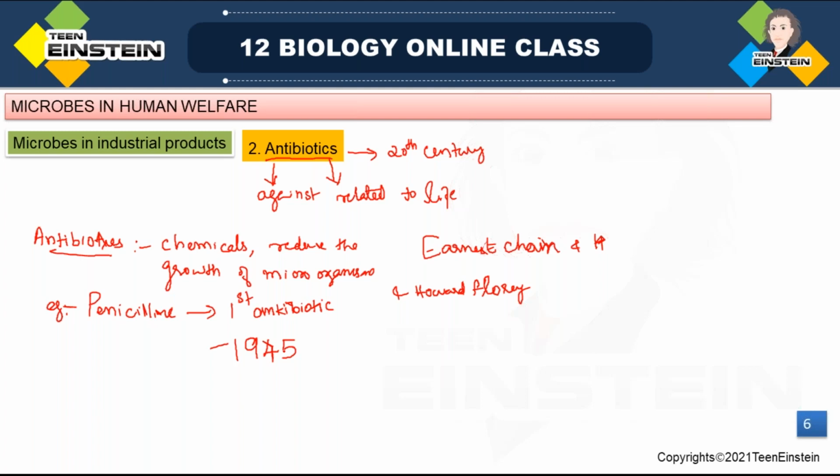After this work, many other antibiotics were purified, not only by those scientists but also by other people, from other microbes. Antibiotics come from microbes only. These antibiotics are helping to treat many deadly diseases like leprosy, plague, whooping cough and so on, which killed many people in the world, right? So these antibiotics are helping to fight such diseases.